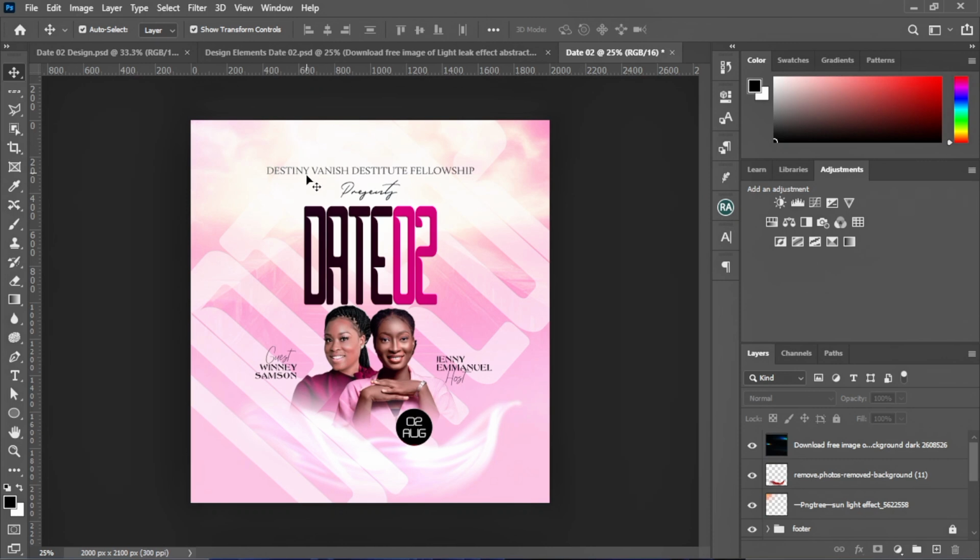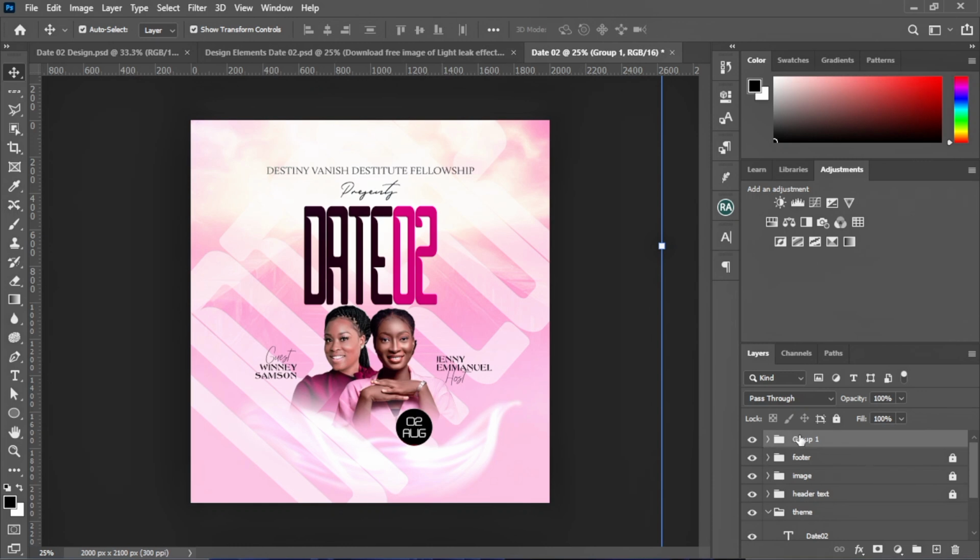I think let's group the whole of this thing called light effect and overlay. And guys, let's lock it. So guys, this is the end of the whole stuff. I'll not be doing anything much more from here. Before the final step, which is to head over to the camera roll and give it a final touch, I would like you to position the whole elements how you feel it will be best positioned